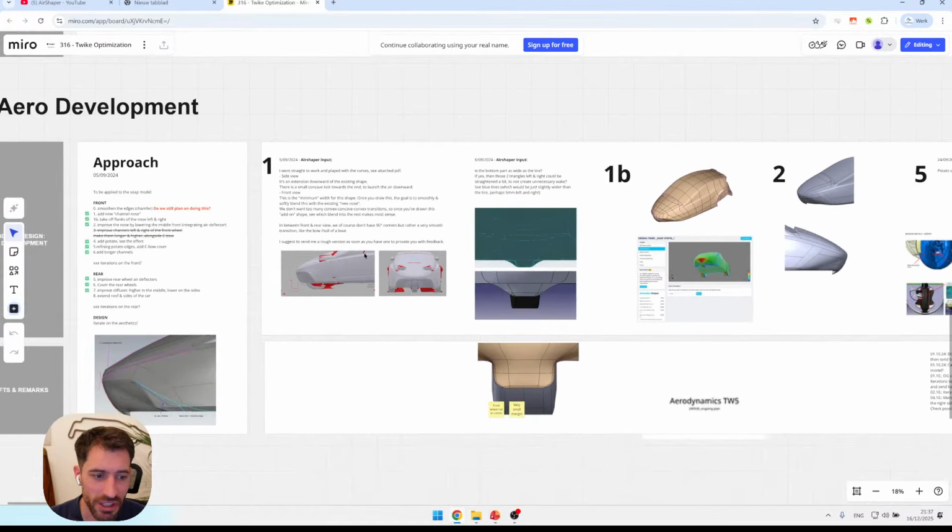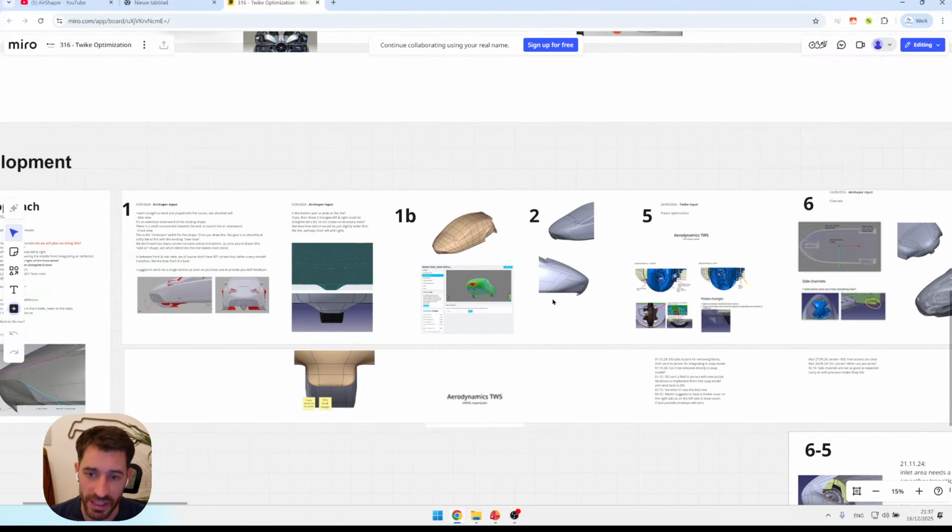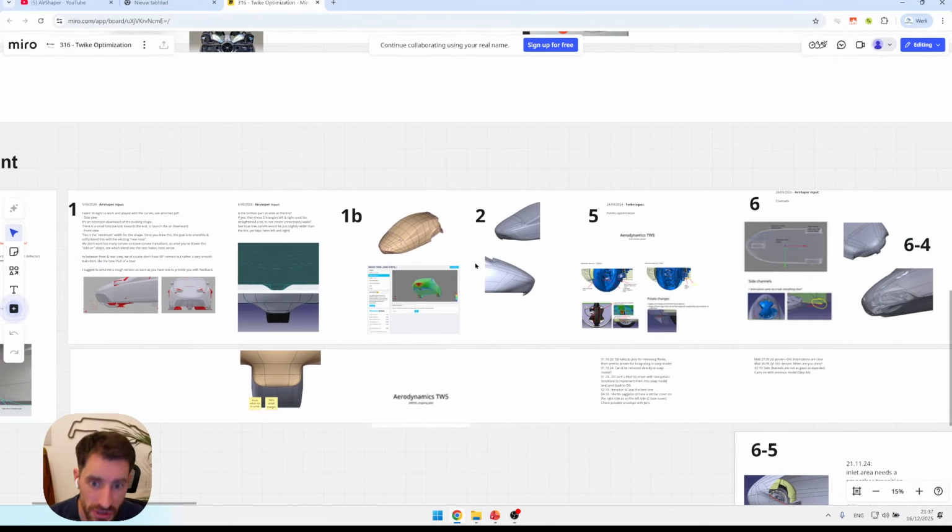And then we came to the conclusion, well, it's really hard to tell the difference or to quantify the effect of every single change if the car is already this detailed with the panel gaps, with the air deflectors, with the headlights, with the mirrors, and so on. So we were struggling to know whether it was a problem of the base shape or a problem of the detailing of the car. So what we then did is to reduce the entire car to just the most minimalist